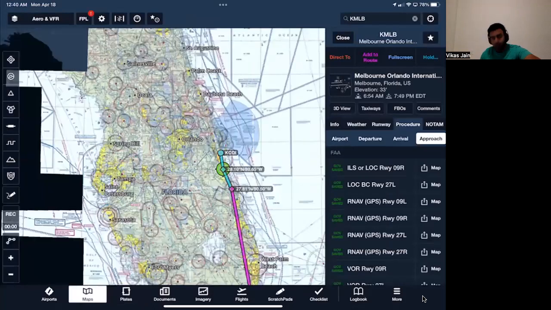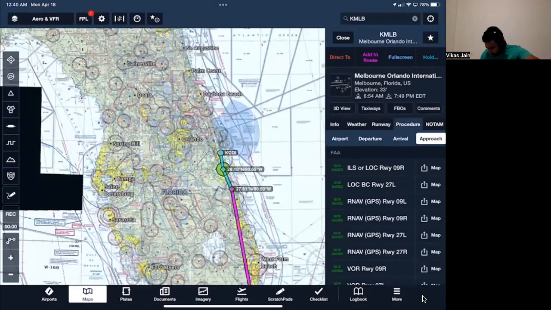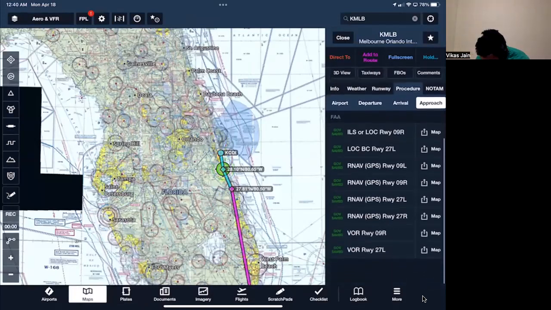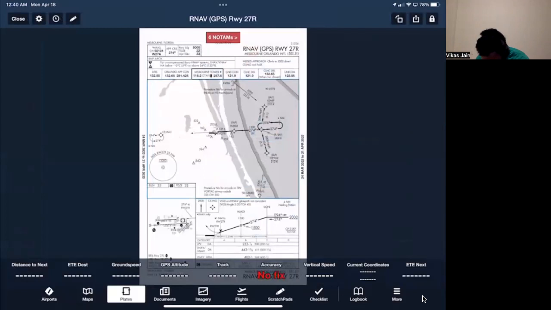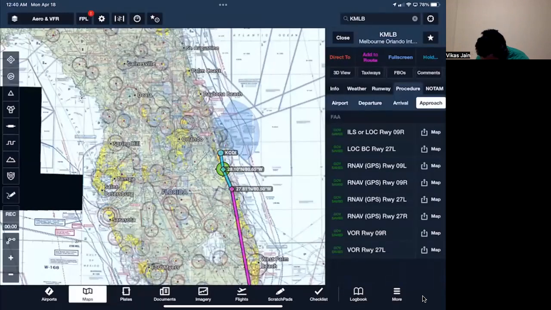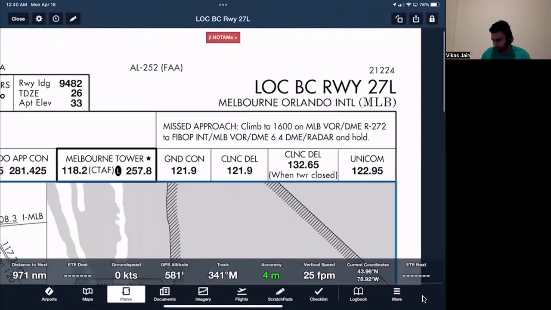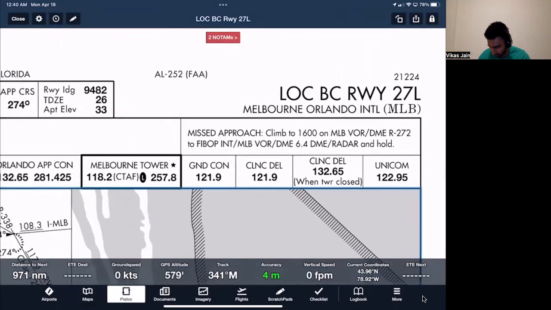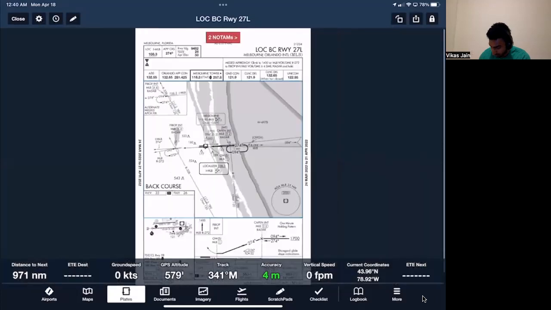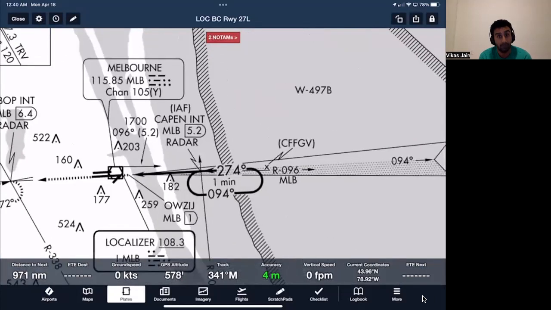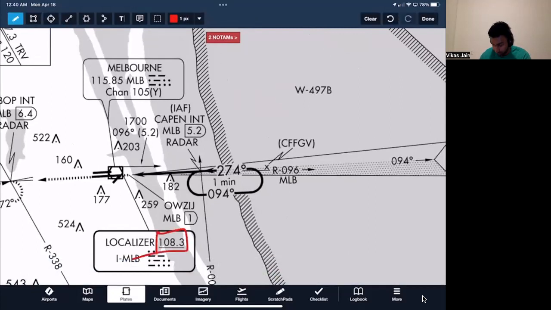Let's look at how we can use the next part, which is not this. Let's talk about localizer back course, runway 27 left, for the same airport. Now, what are we doing here? We are using the localizer for the opposite runway, which is 09, the same frequency, but we are doing back course. Remember, back course,